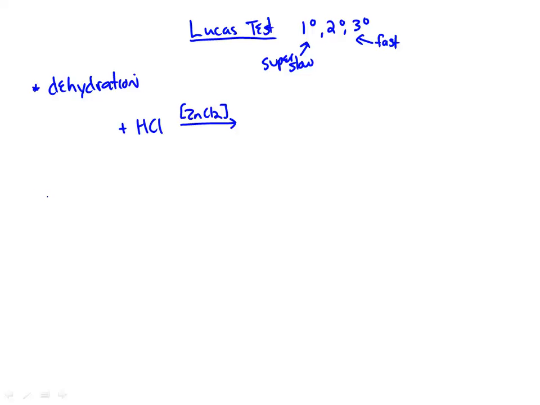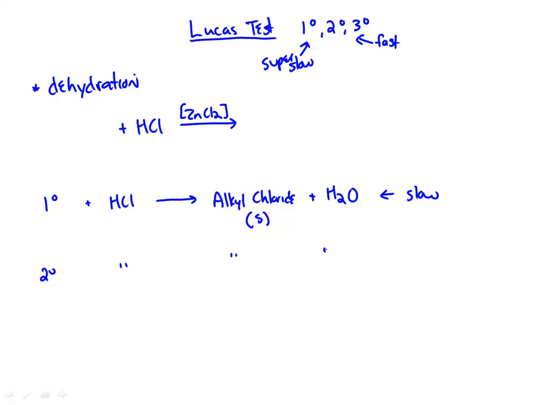So all of the reactions are the same, even though I also have a bad page break on there, and the timing is different. And so really, it's primary plus HCl goes to an alkyl chloride, and that alkyl chloride is a solid, plus H2O, and this is slow. And then everything else is exactly the same. It's just that this is medium, I guess, and then the tertiary